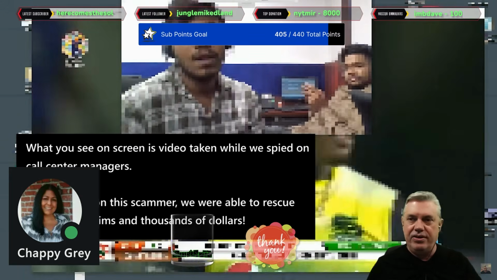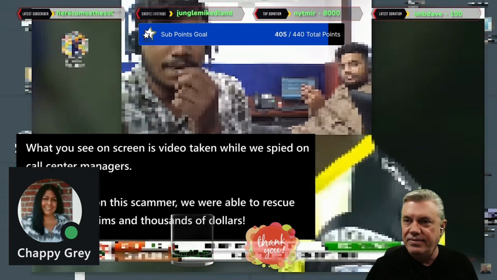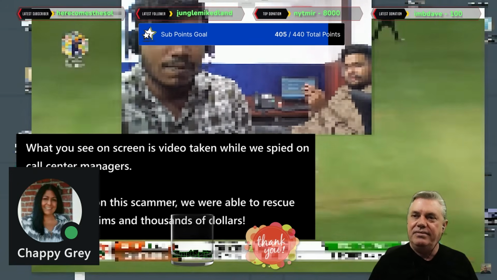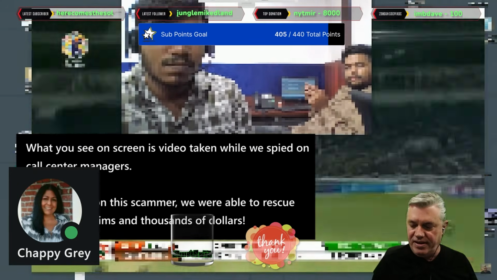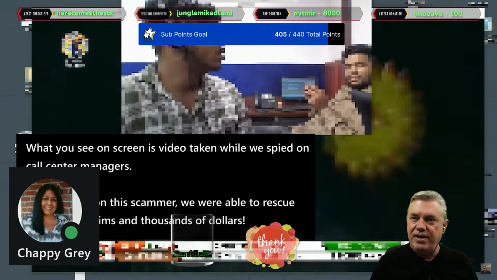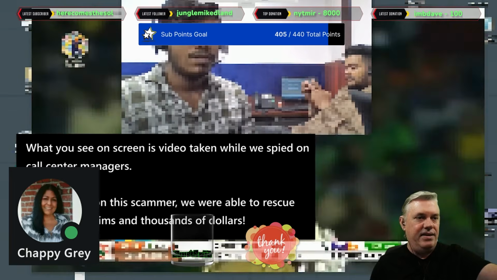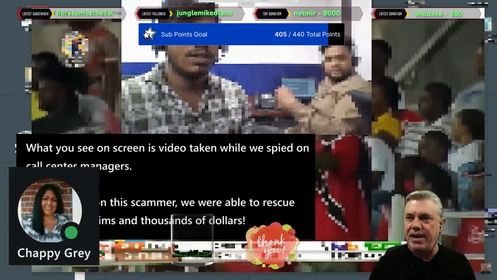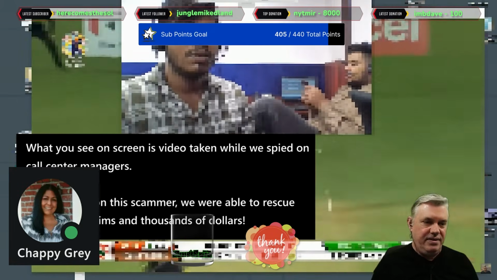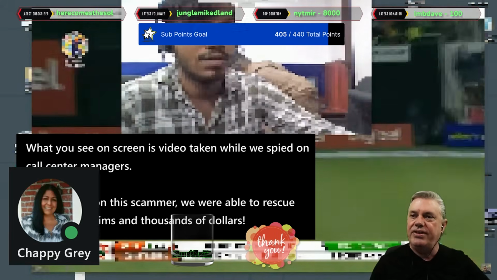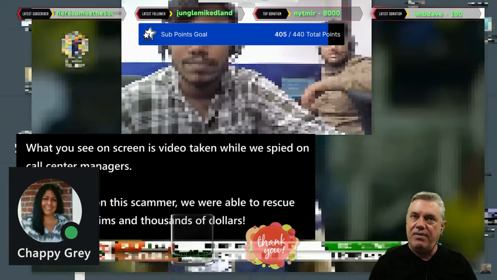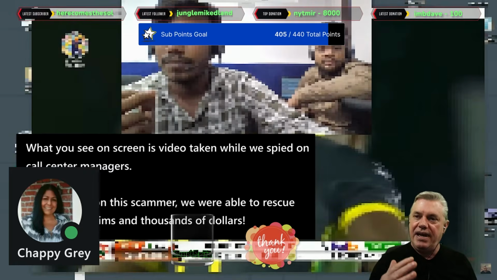And I have them blurred because these are literally prosecuted criminals, and it was just fascinating to see, like the guy in the background, he's playing a game on his cell phone. On this particular call center, I spied on them for about 3 weeks, and in the final